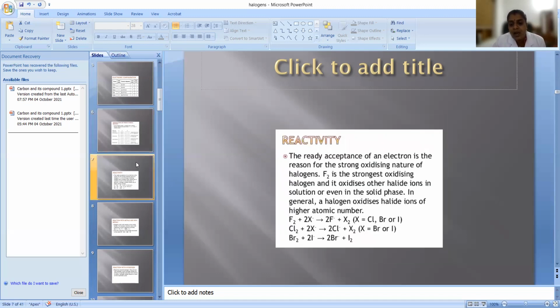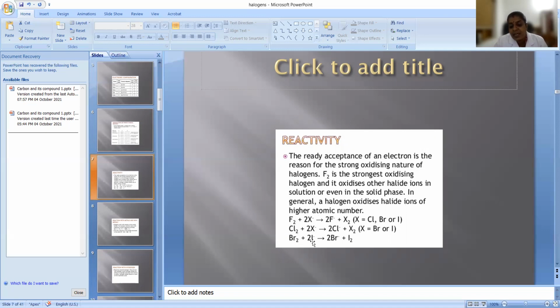Okay. Now reactivity. Actually, fluorine is highly reactive and it is a strong oxidizing agent because fluorine will always convert into F-. F- means receiving electrons, right? So it will undergo reduction and it is acting as an oxidizing agent. Fluorine, when reacting with X-, can displace any other halogen from a compound because it is highly reactive, and F- and X2 will be formed. For example, any halogen which is highly reactive will displace the least reactive.